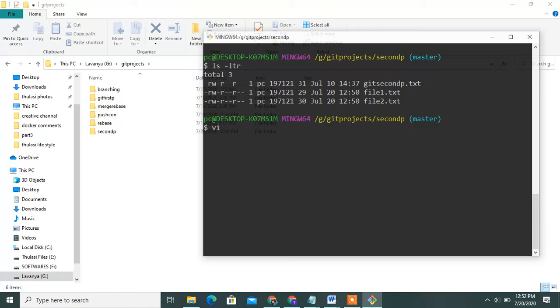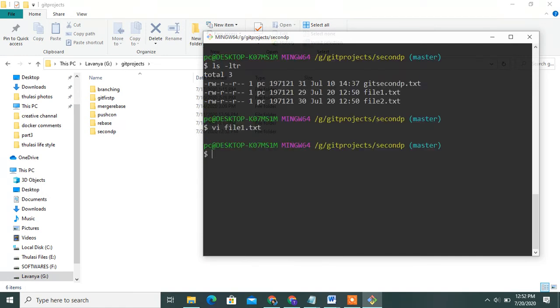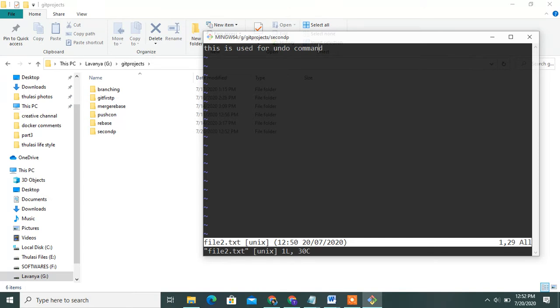Once you can modify the first file, file one, add extra content, then save it. Then you can write in file 2 also.